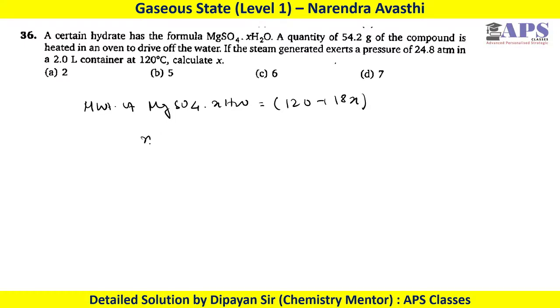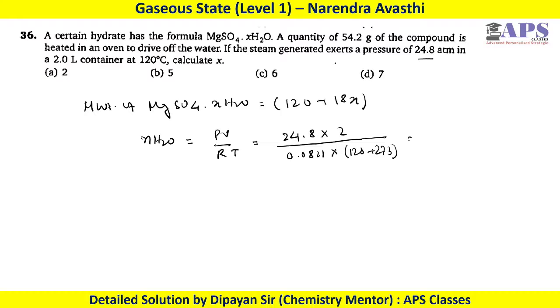Okay, so number of mole of water what we have is PV by RT. So pressure is given as 24.8, volume as 2 liter, 0.0821, and temperature is 120, that is 120 plus 273. If you calculate this, you will get number of mole as